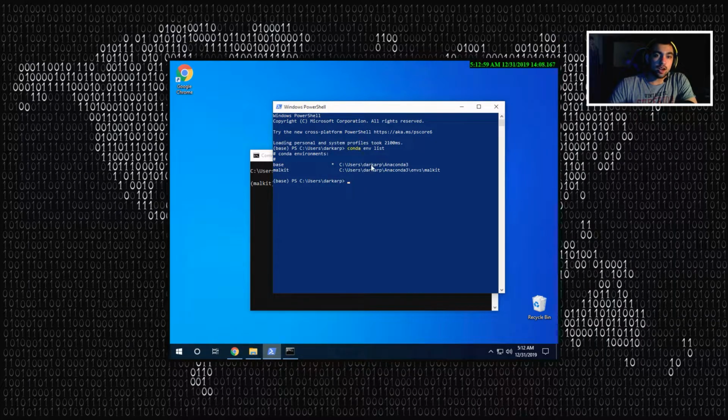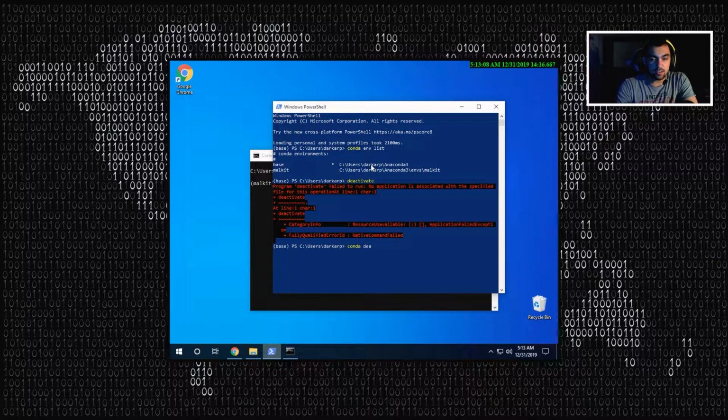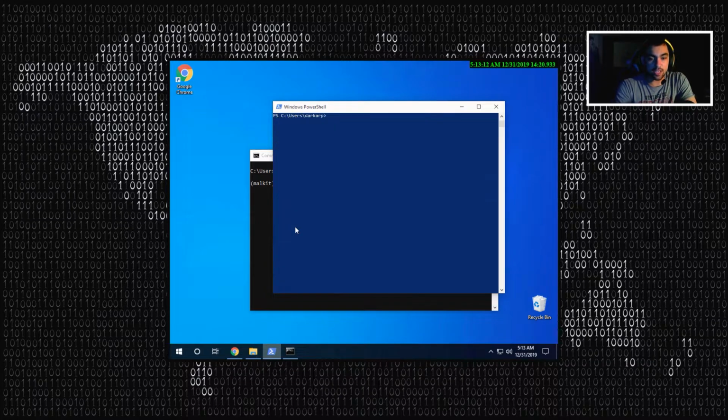Now you could deactivate base by explicitly saying deactivate. Actually, no, sorry. conda deactivate. And now it doesn't say anything. So we explicitly deactivated base. But now we're going to activate malkit. You don't need to deactivate base to activate malkit. I just did that to show you how it works. Now, conda activate malkit will activate this environment. Now, in this environment, if you type Python here, you'll see it's 3.7.5